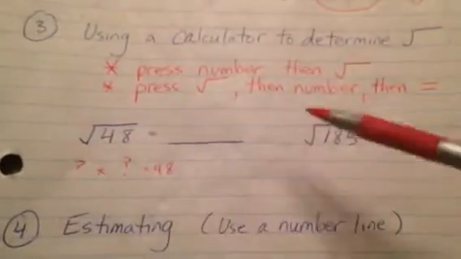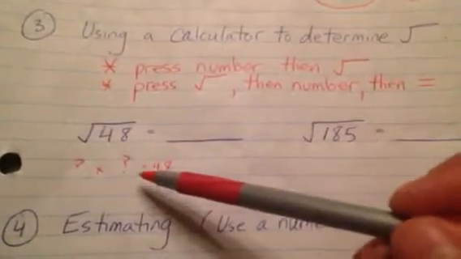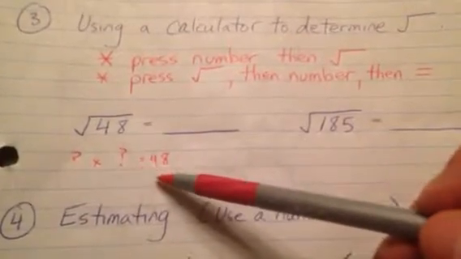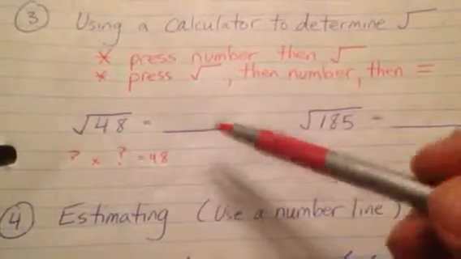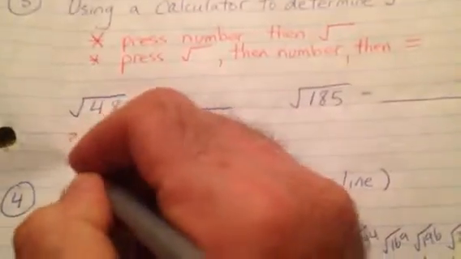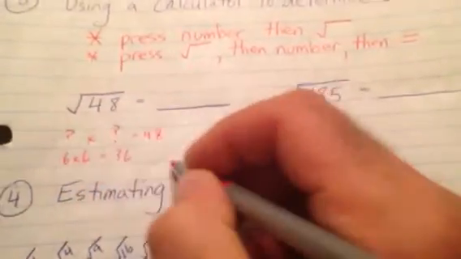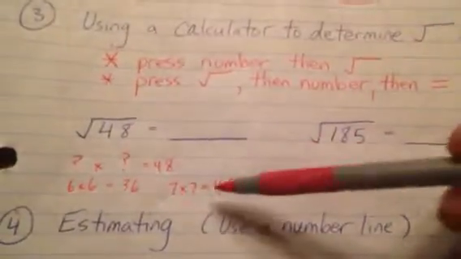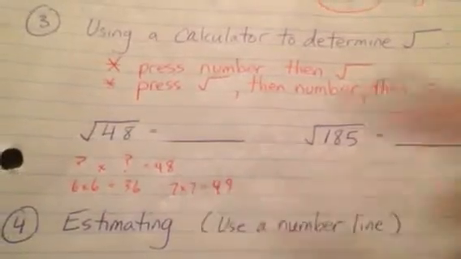So I know it's not quite 6 times 6, it's more than 6 times 6, which is 36, or it's less than 7 times 7, right? Because 6 times 6 is 36, 7 times 7 is 49. So if I was to do an estimate, I know that it's between 6 and 7, probably closer to 7,